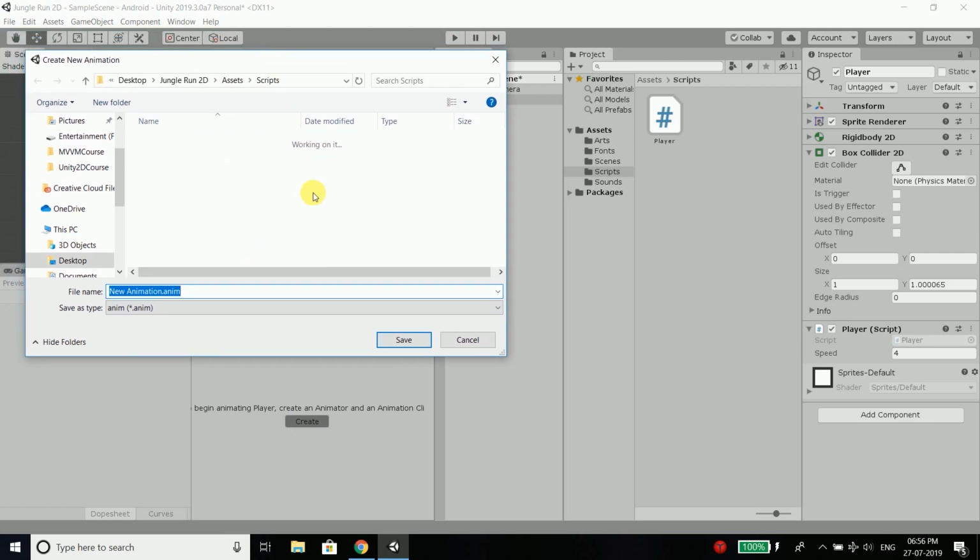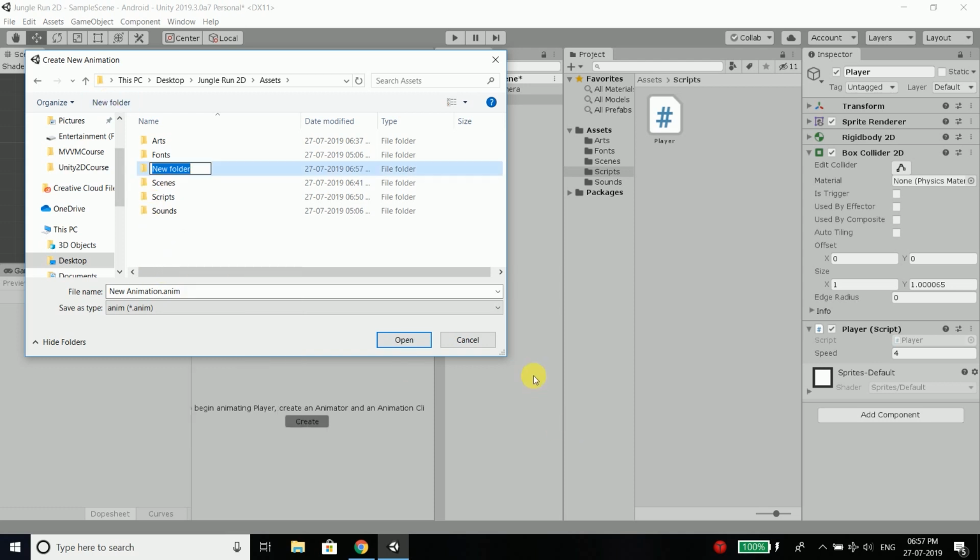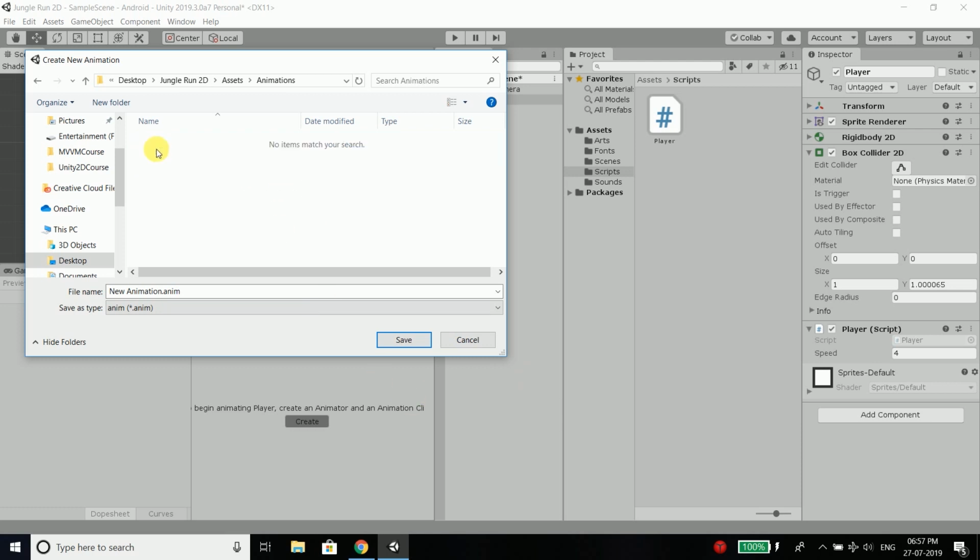Again, to store all the animations, we will create a separate folder inside our assets folder. So I will create a new folder and I will name it animations. Open this folder, and for now I will create an animation named player running.